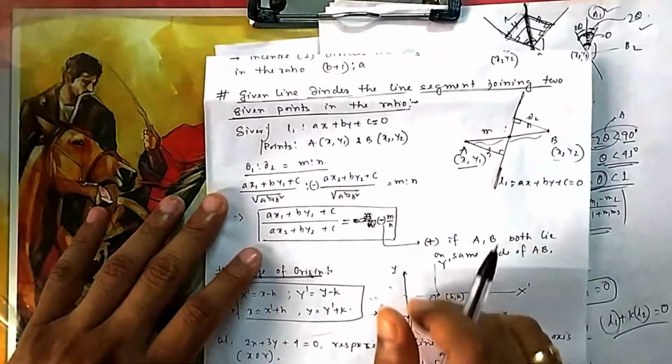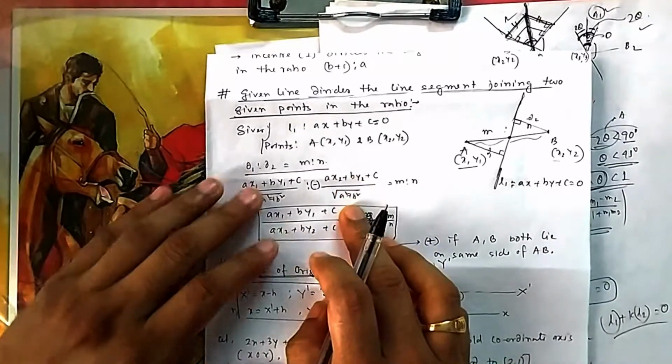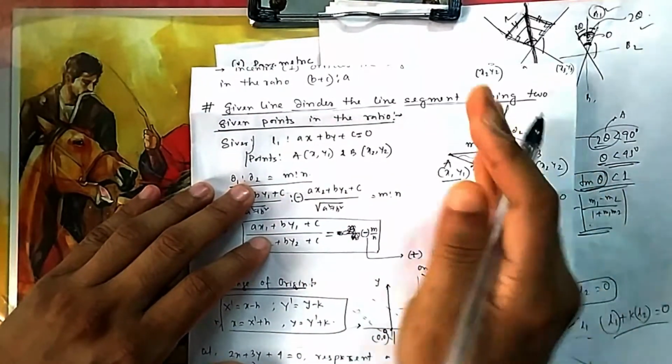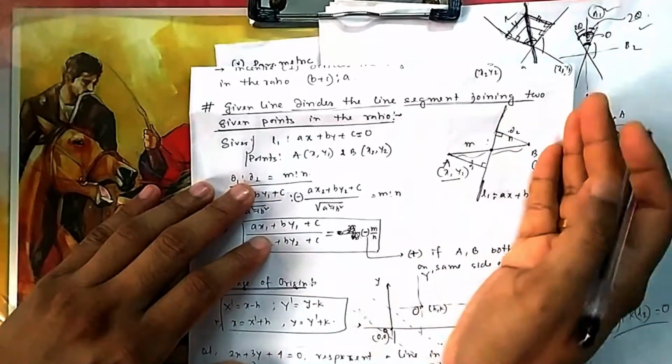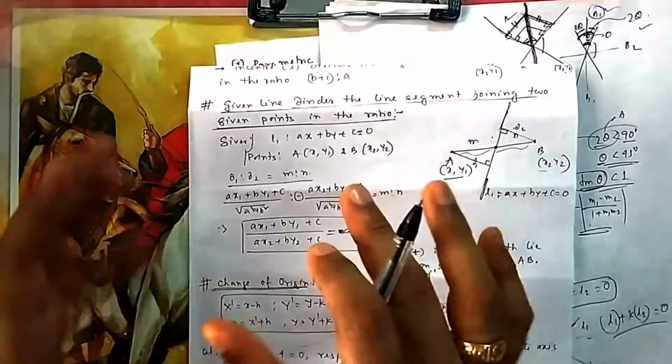From that the idea is coming, or this formula is coming. So what is D1, what is D2? Again we don't know, because one point is on this side, this perpendicular is on this side, and the other perpendicular is on that side. So one will be minus, because they will be on either side,